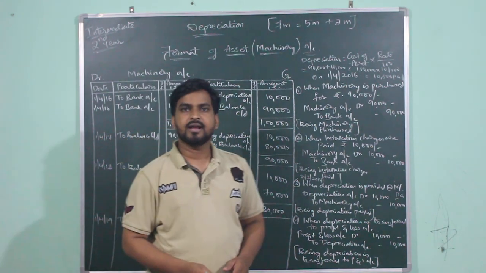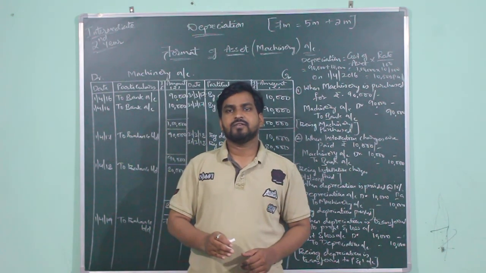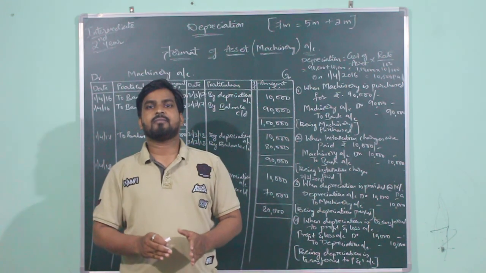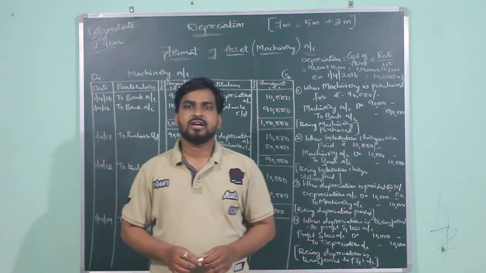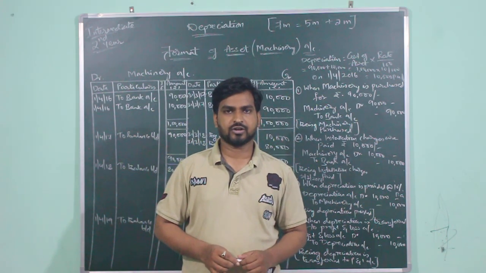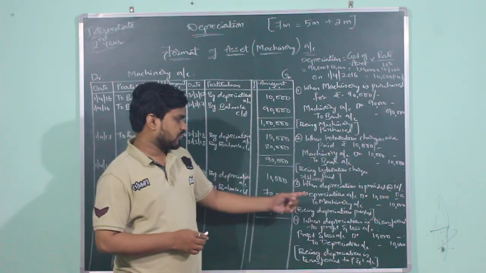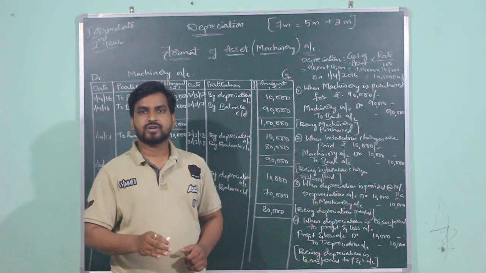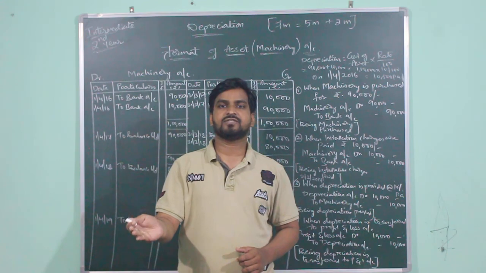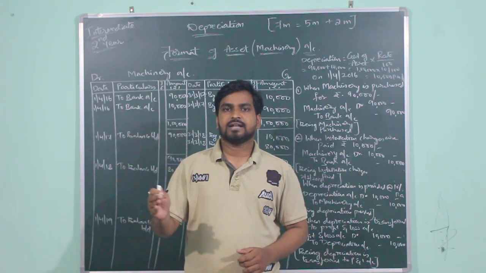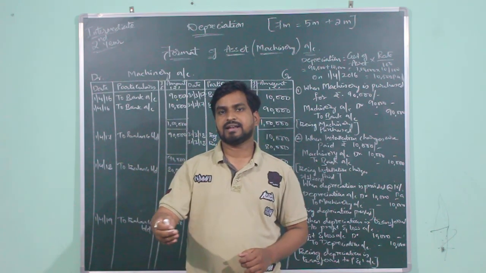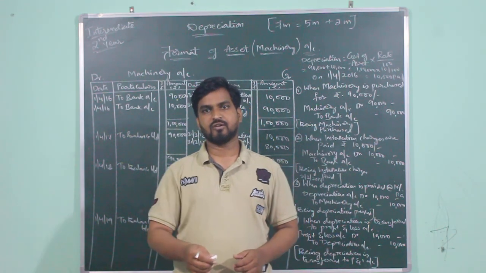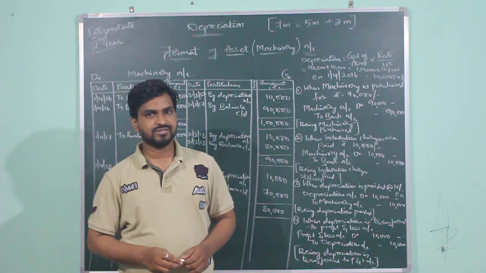If you remember, at the time of preparing final accounts, we used to subtract depreciation from the respective asset in the balance sheet, and the amount which we subtracted as depreciation, we used to record on the debit side of profit and loss account, because whenever depreciation is provided on the asset, it should be immediately transferred to profit and loss account. The amount that we subtracted from assets in the balance sheet, we recorded on the debit side of profit and loss account at the time of preparing the financial statements, that is final accounts.